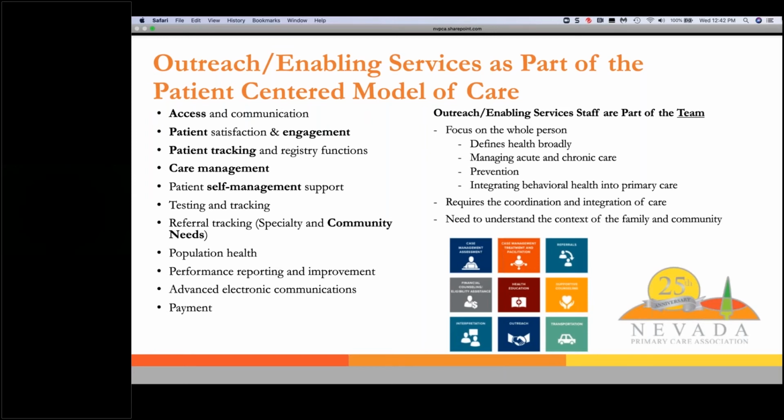And hopefully, based on the comments that my colleagues have made today, you recognize that there's such an overlap in the different initiatives and the action items, work plans that are happening to support you, whether that's the patient engagement, care management, referral tracking based on the different community needs, and population health, just to mention a few. So the staff that you have, whether they're specific to outreach and enabling or all the other members of your care team, really work, as you know, collectively to serve that whole person and meet their needs from a very